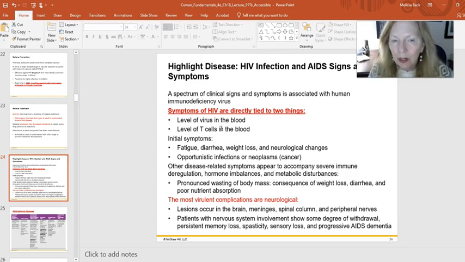The initial symptoms when they first encounter this virus are usually pretty mild, and many people actually miss that part because they are flu-like symptoms. So when you have flu-like symptoms, you often think, okay, I have the flu, and then that becomes better, but then it can actually be weeks, months, even years later that enough of the virus is causing enough damage to our T lymphocyte counts, reducing them, that now people are picking up opportunistic diseases.